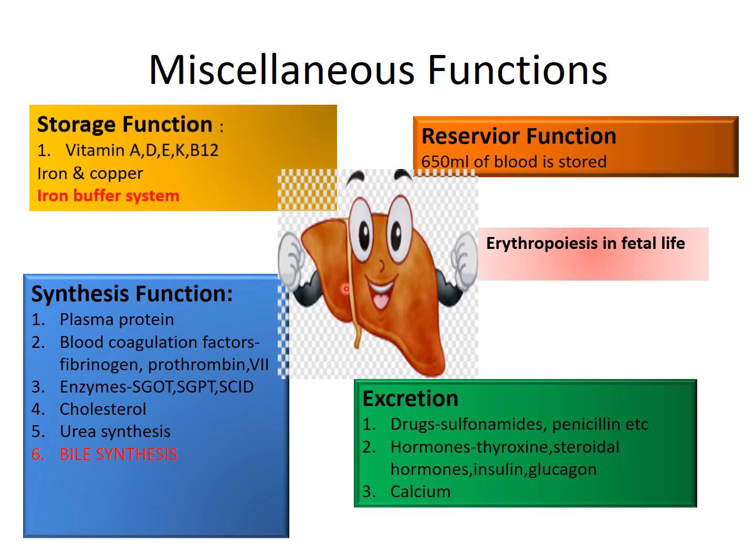We also have the liver as a reservoir. We know that the liver is receiving blood from the hepatic artery. It is also receiving blood from the portal circulation, or the splanchnic circulation. And it is responsible for the storage of 650 ml of blood. So this blood is acting as a reservoir, and whenever the body requires blood, for example in cases of shock, it can be utilized in that way.